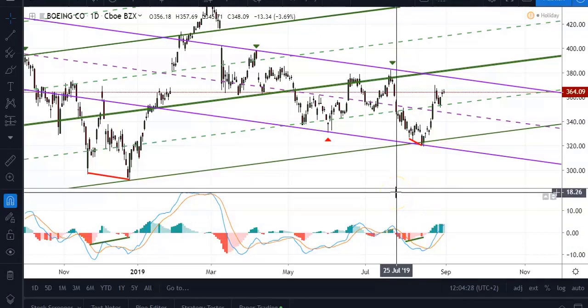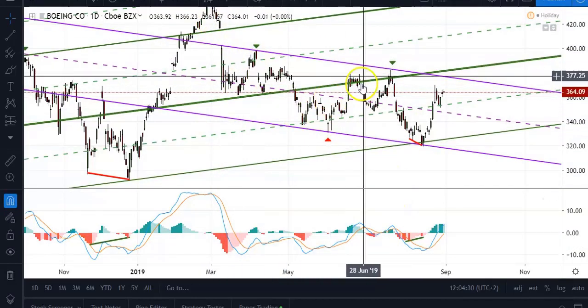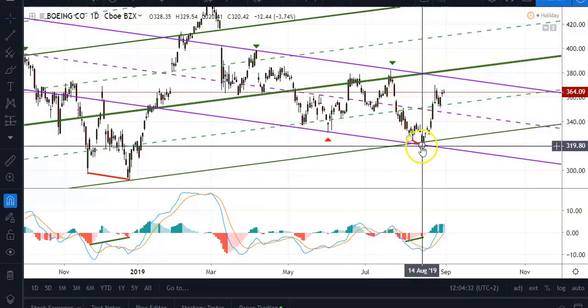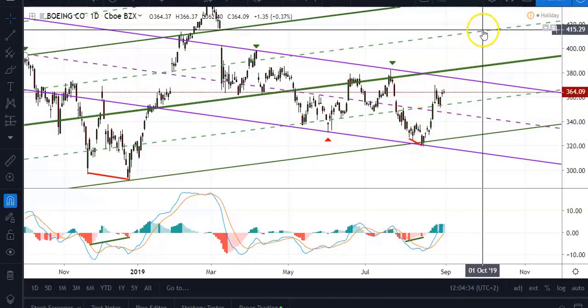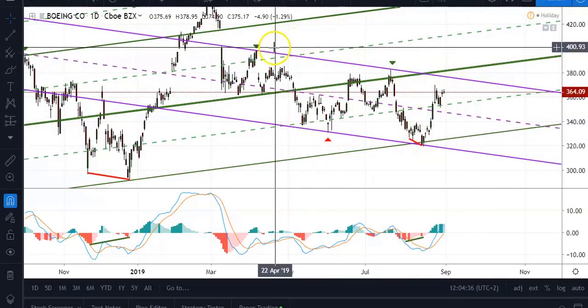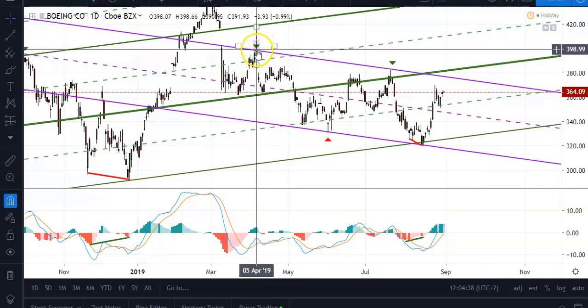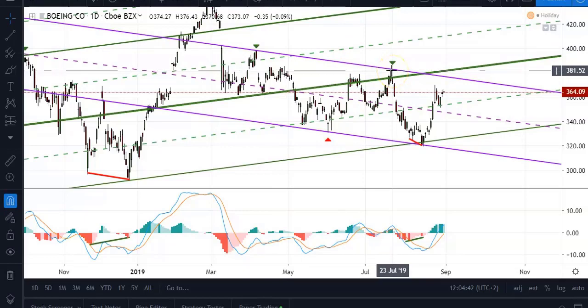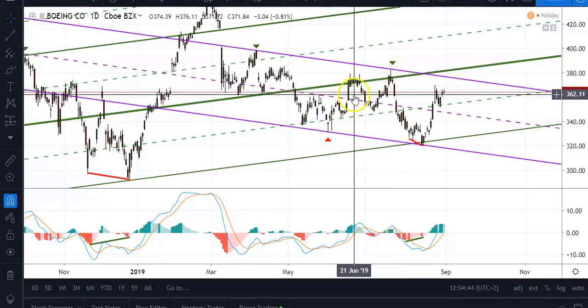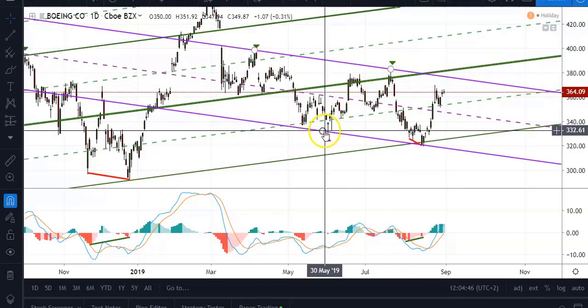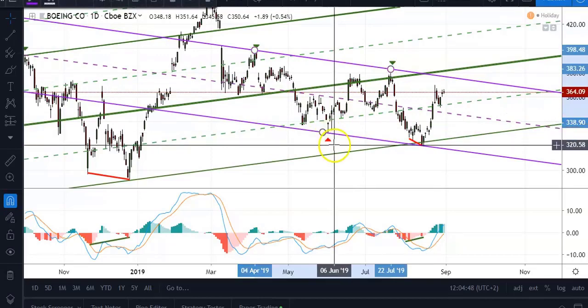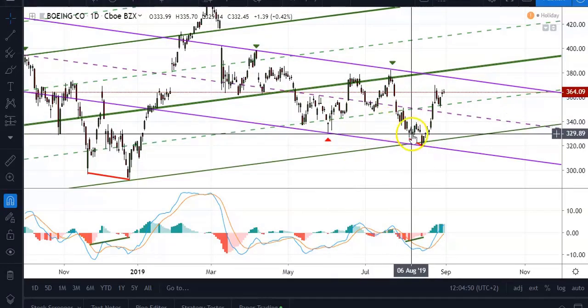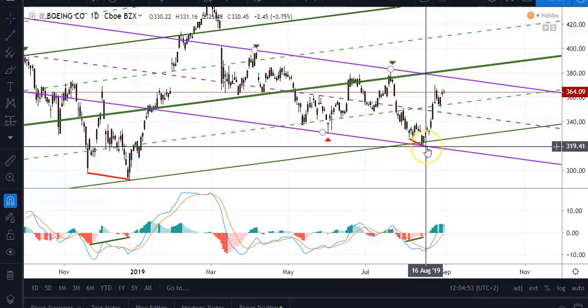Now here's another thing you could do if you were to believe that this was or still is just a correction and price might be going higher again. Then I had these lines drawn from the April high to the July high and brought it back to this low here in June 2019, and you'll see that price reacted perfectly with the confluence of this lower channel line